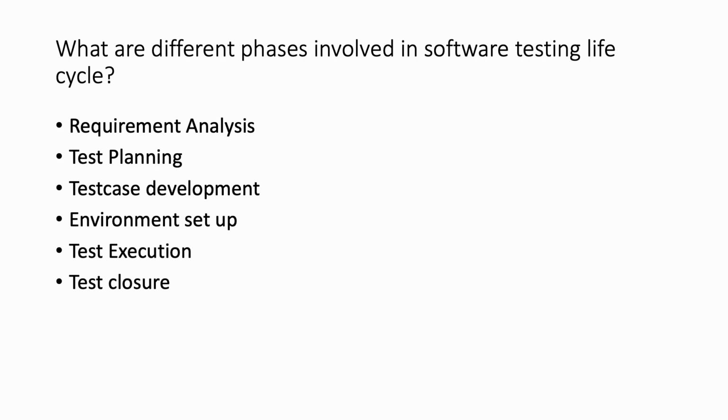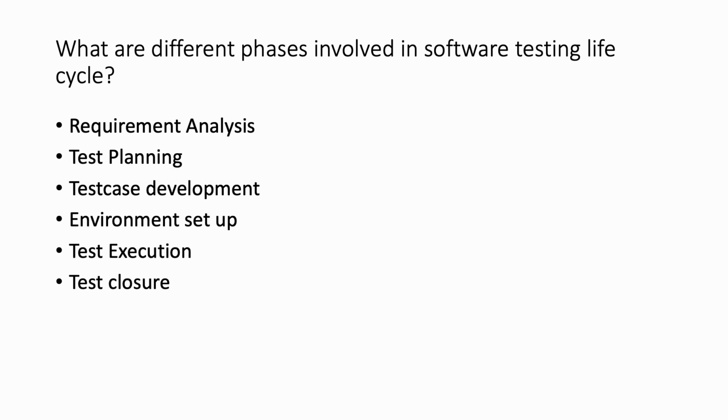Once everything goes well, and we are reaching the minimum criteria, like these many percentage of test cases have passed, there are no major issues, or if there are issues, those are very minor issues that can be fixed later, in that case we can go for test closure. Also there are many factors we need to consider before test closure. Suppose there is no proper budget, in that case we can also stop the test case execution.